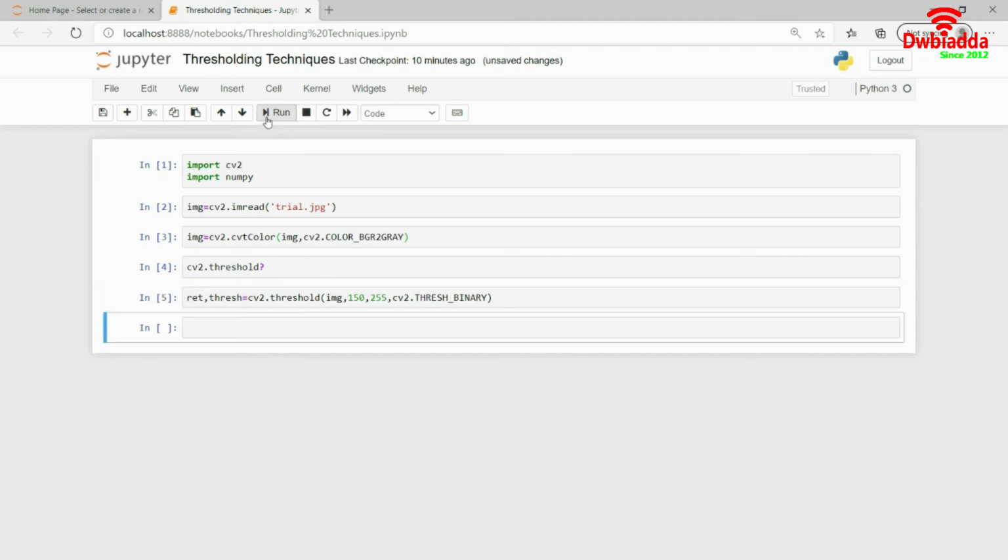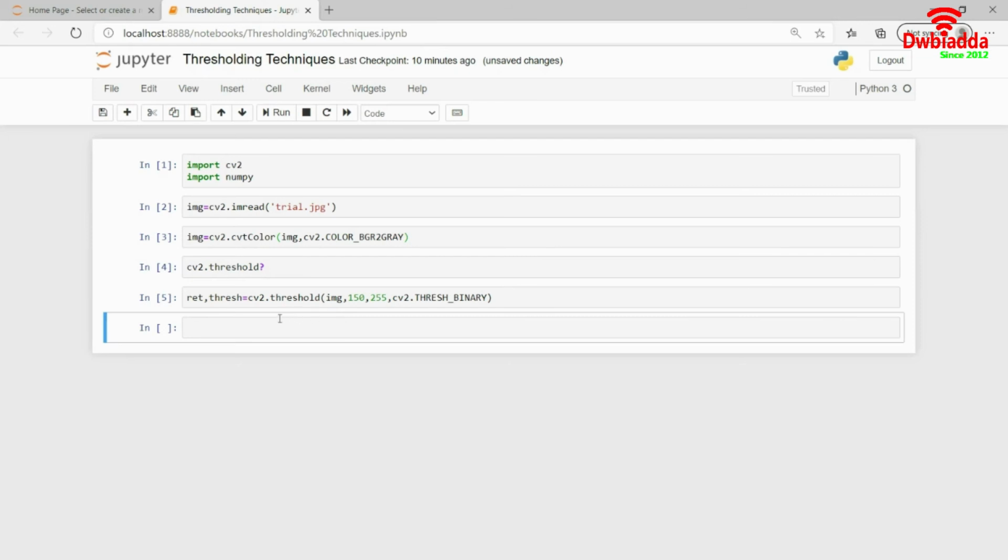I will go ahead and run this, and now maybe you want to see how this binary thresholding looks. I told you that in binary thresholding, everything above the threshold value will become the max value, and below that will become zero.